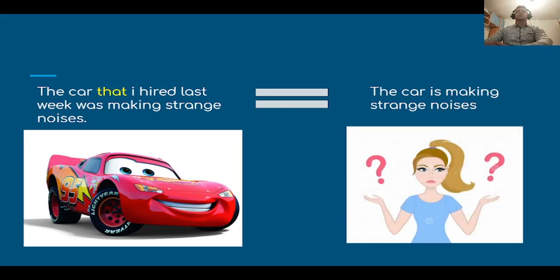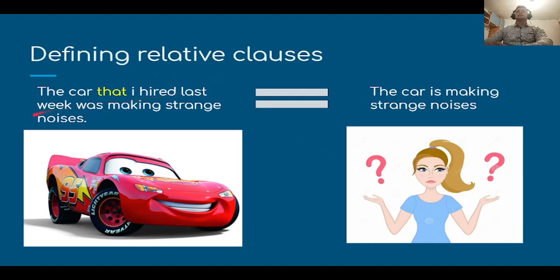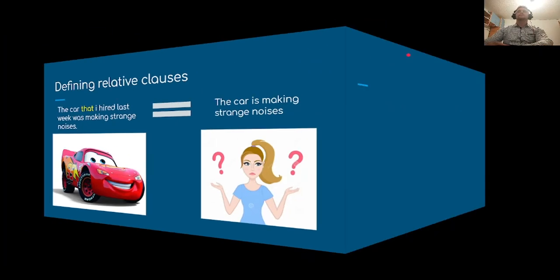Oops. No, the girl is confused. We don't know about which car we are talking about. So, we say that here we have essential information, which is crucial for having a defining relative clause. Now,